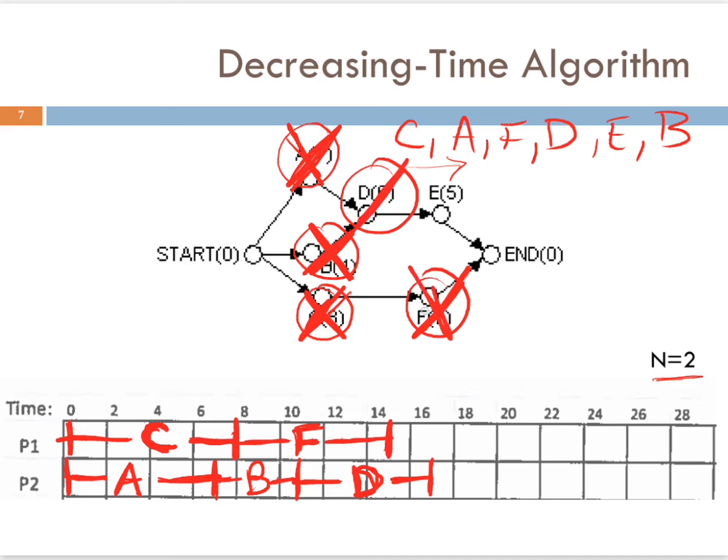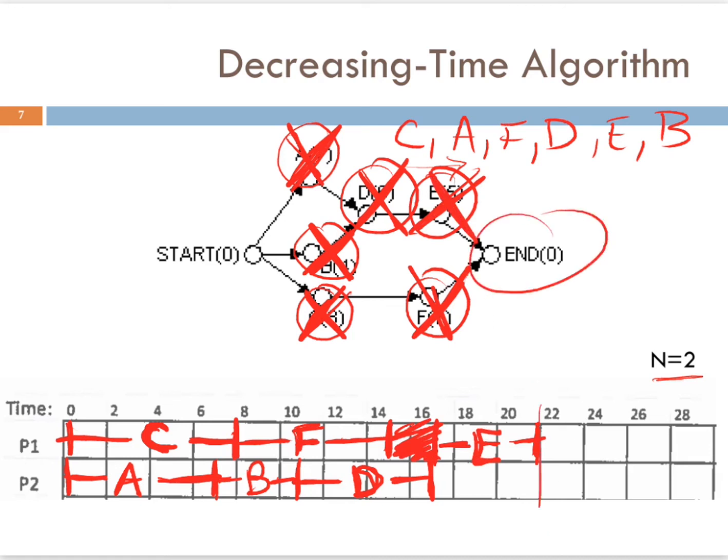finish F. Now we can't circle anything yet. We got to wait until we finish D. We finish D, we circle E. Now somebody can start working on E, so let's assign that to processor 1, which is 5 units of time. All right, we have a little bit of idle time here, so let's not lose that. We're going to work on E, move along, and then we finish E, and we're done right here at finish